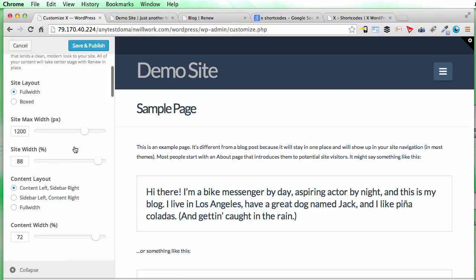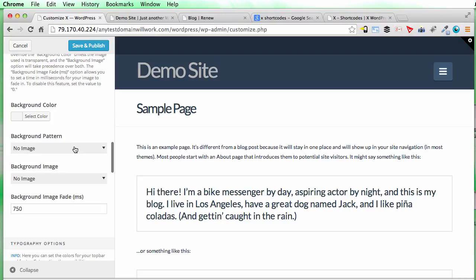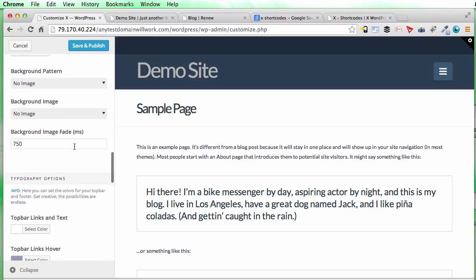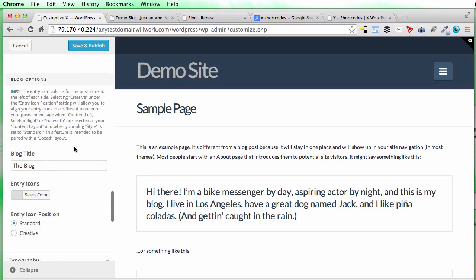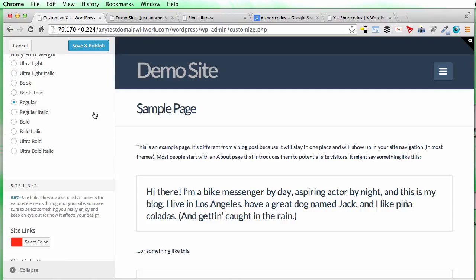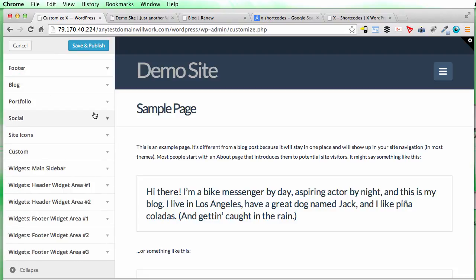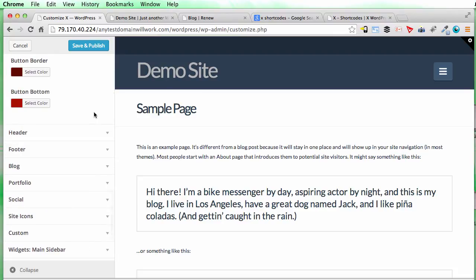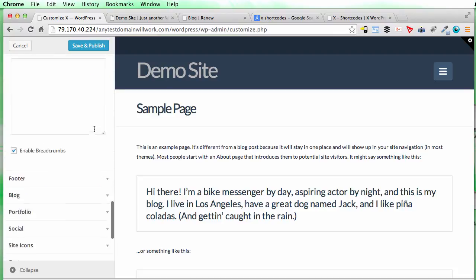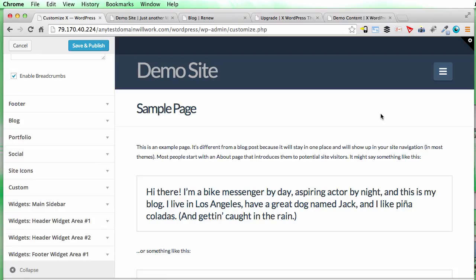and now you can make various choices about the width, colors, padding, etc. Colors of the links, all of that kind of thing, your blog title, link colors, buttons, pretty much everything you might want to customize, you can do so. So you get the idea. We can edit this as we like and make a great deal of changes to the look of the site. So I'm just going to save my changes there,